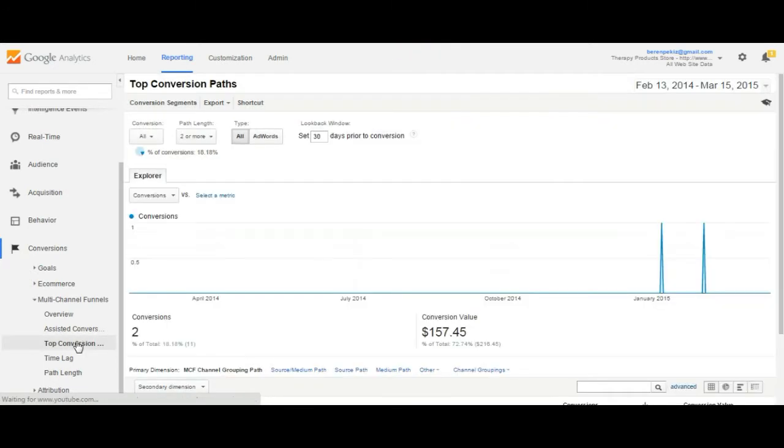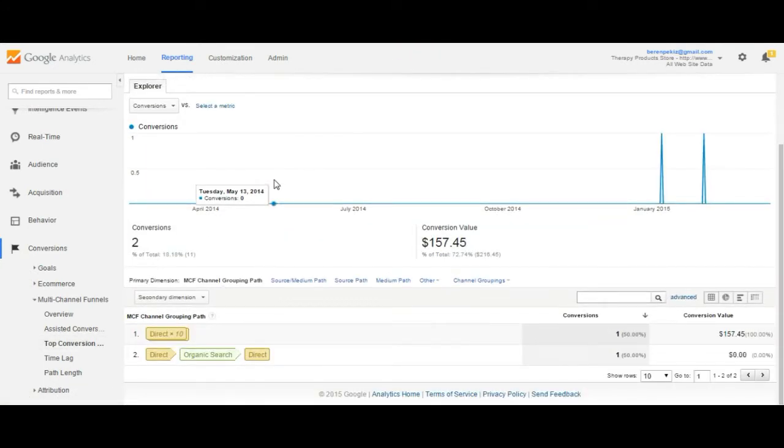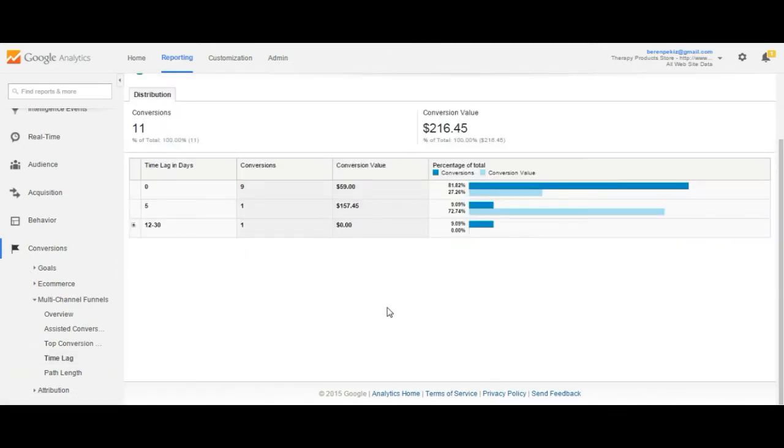Let's go to the top conversion paths, where it gives us the map, the path of the top conversions. Since we have only a few conversions over here, it doesn't show us a comparison, just shows us what happened. For that, you need to have a larger number of conversions so that it shows you the path. And we have the time lag page, where it says how long it took for our customer